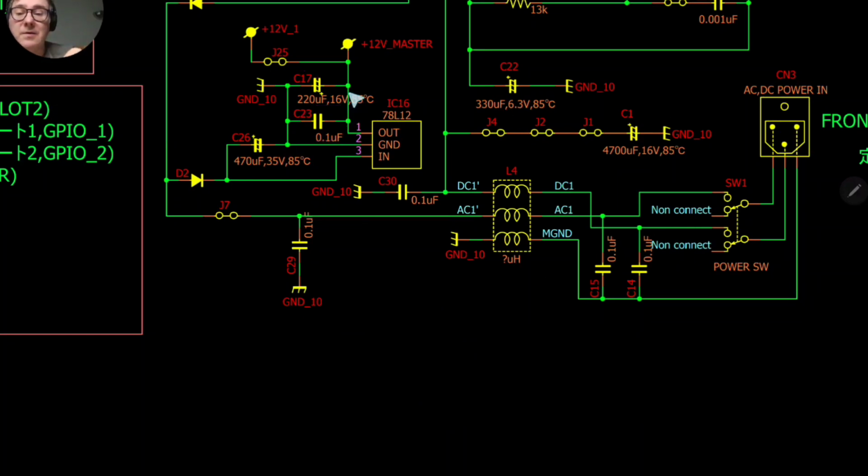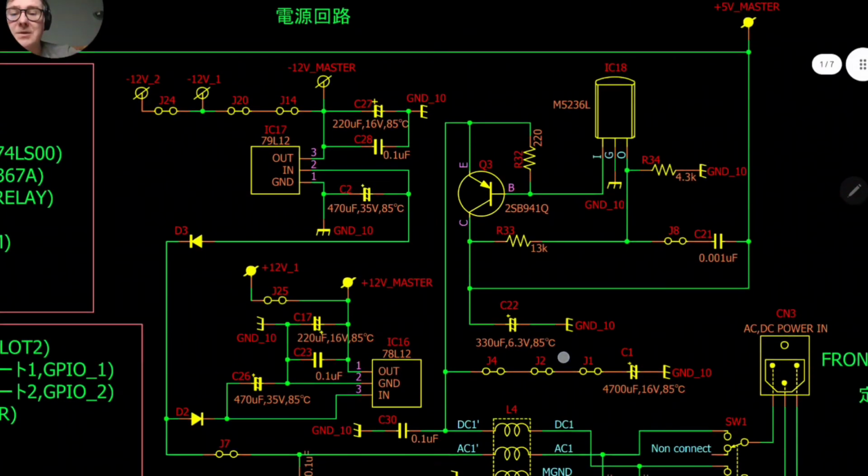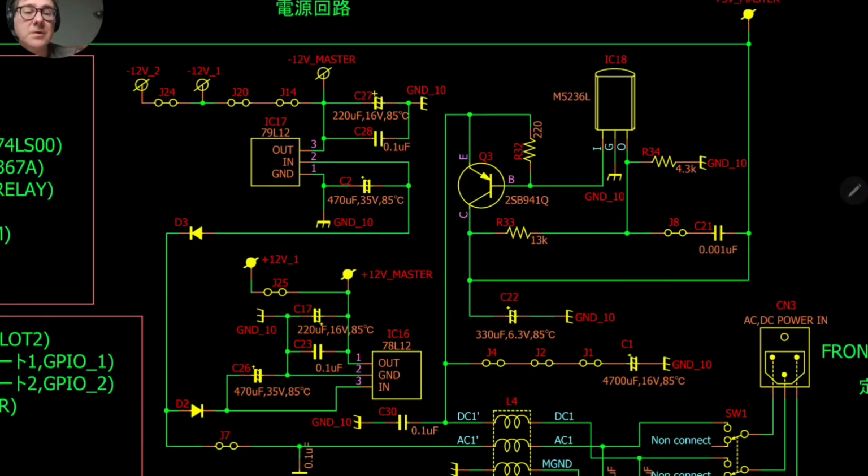And that's it. From here you have your 12 volts positive master, which is the tension that will be used by the rest of the board, at least the parts that need the 12 volts. The minus 12 is kind of the same, but with a negative voltage. So you have this one that will filter